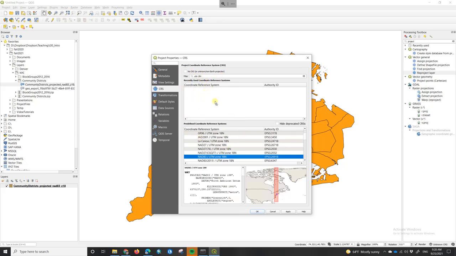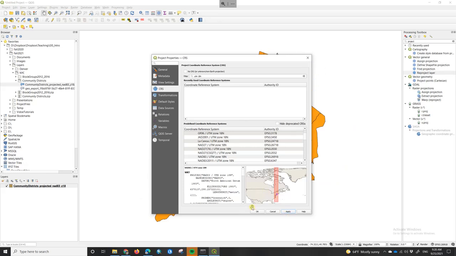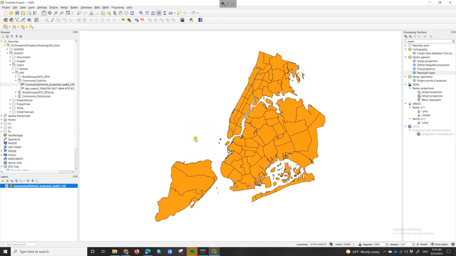No, so I think QGIS starts learning the ones that you use and brings them for you later. So NAD 83 is the one that you want. So I apply and OK, and now my map looks right. And my project, I am ready to add other layers to my project and start